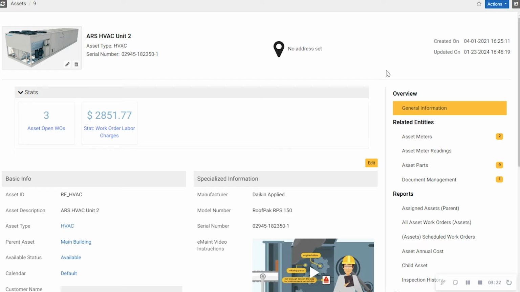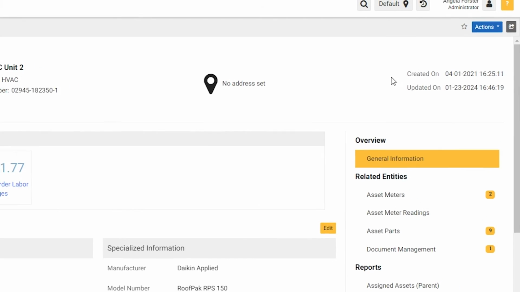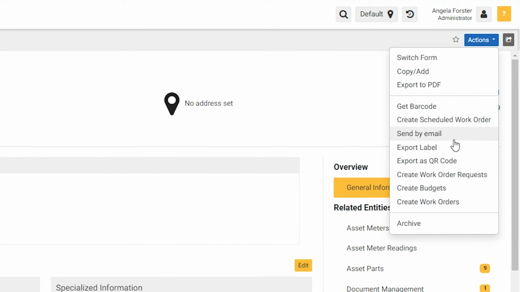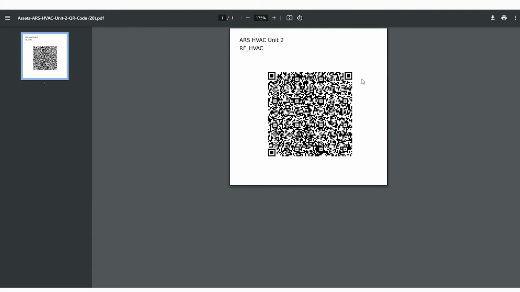Anytime that they find a problem or an issue with any of your equipment, your assets, it's not a problem at all. They'd be able to scan a barcode or a QR code and be able to submit a work order request into the eMate system for that issue. These QR codes can be modified, of course, and customized inside of the eMate system. They'd be able to scan those QR codes with their mobile devices and be able to create a work order request as fast as you can say downtime.